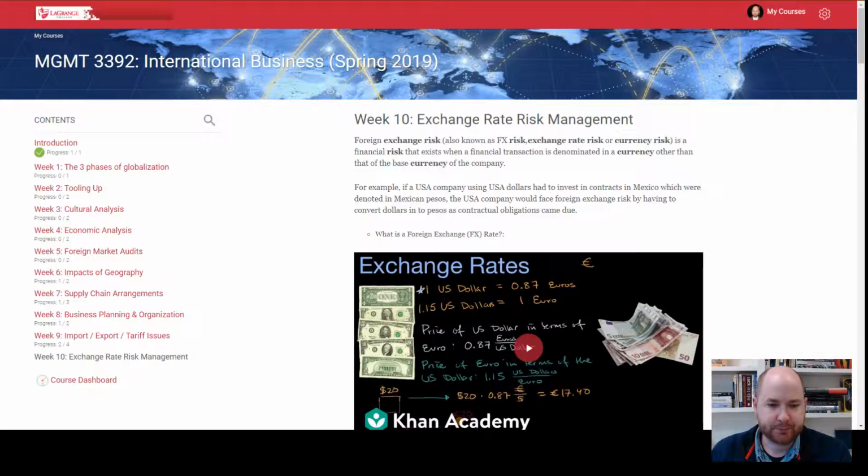So, exchange rate risk is also called foreign exchange risk, or FX risk, or currency risk. All of these are financial risks where you stand to lose money if things don't go according to plan, that exist when a financial transaction is listed in one type of currency and there's another currency involved that the company